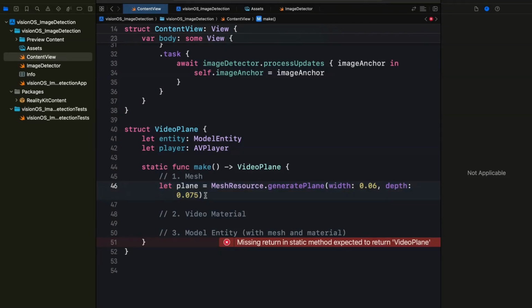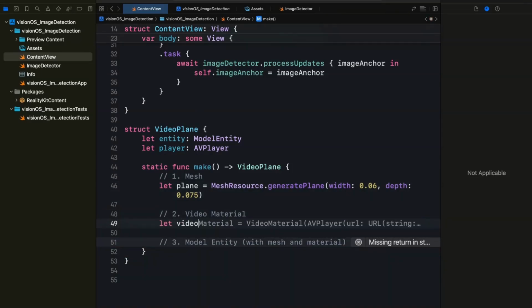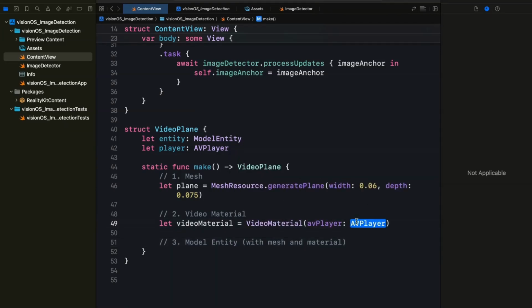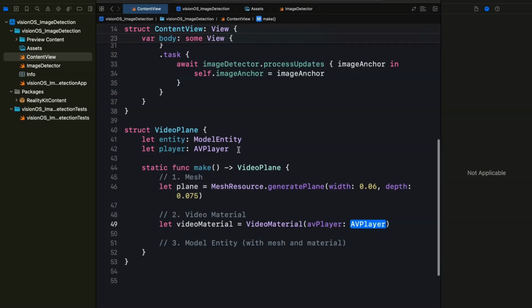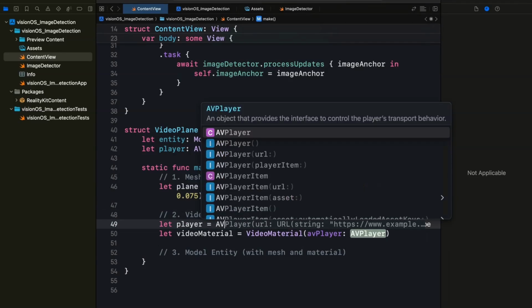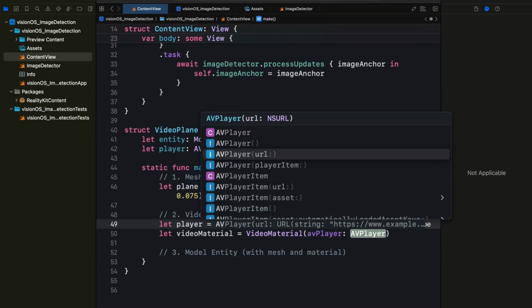So this is the mesh, and then we need a video material, right? To create a video material, you can do VideoMaterial with the AVPlayer, right? So first we need to create an AVPlayer. And this AVPlayer is what we'll use here as well, because that's what controls the playback for the video that's passed to this video material. So let's create the AVPlayer first. Let player equals AVPlayer. And here you can see you can create an AVPlayer with a